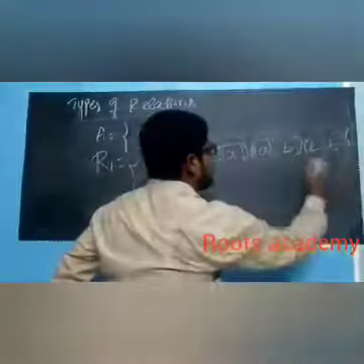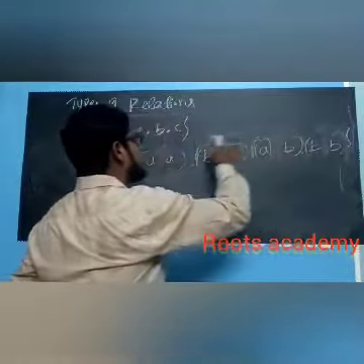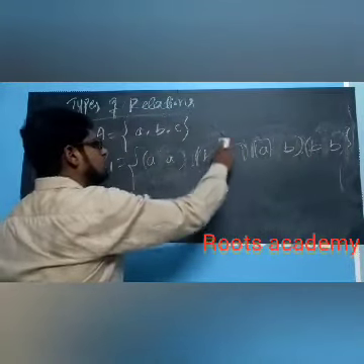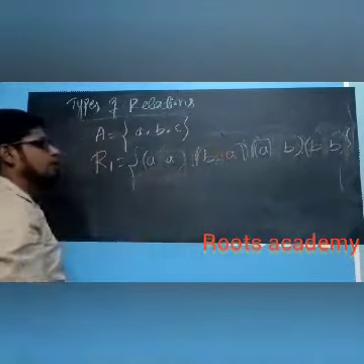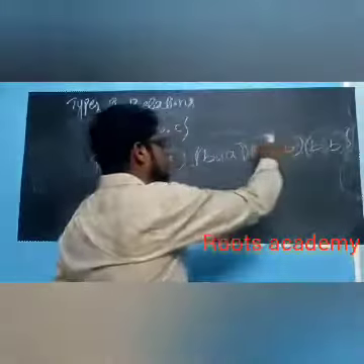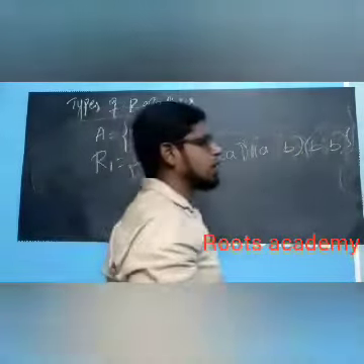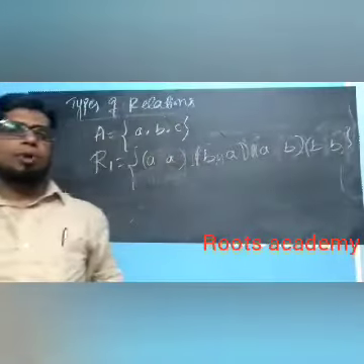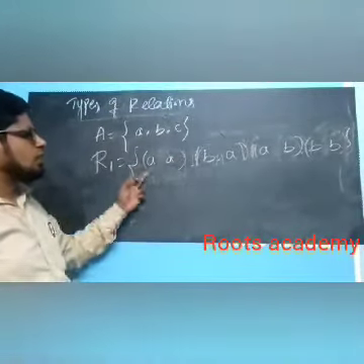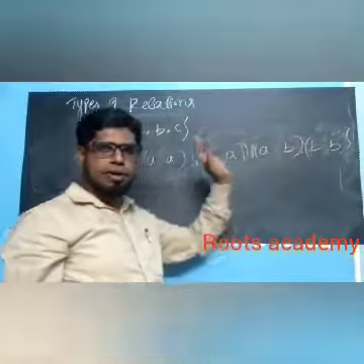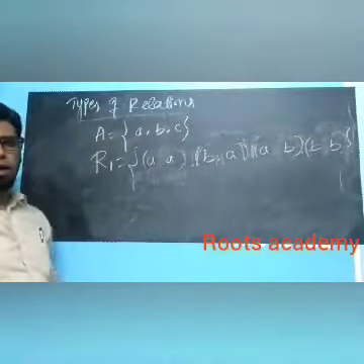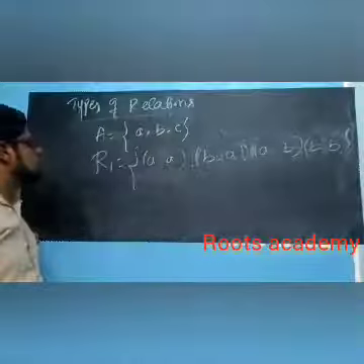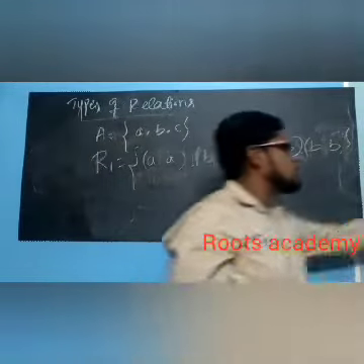We should be very, very careful here in transitive or any other relation also. We should check for each and every element, because sometimes it may be possible for one or two elements, but it may not be possible for any one element. So that plays a very important role here. So we should check for each and every element for transitive or symmetric. So this is about transitive.